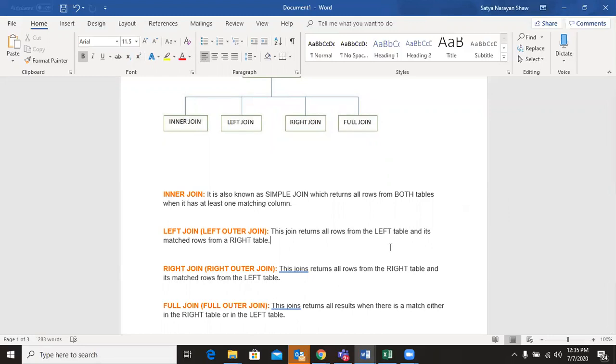Suppose the left table contains 7 observations and the right table contains 9 observations; my final output should give me 7 observations. And whatever fields we want to pick from the right table will be displayed. When I say 7 observations, they should be distinct. If anything gets repeated, the number of rows can increase, but if the rows are distinct, I'll get 7 observations. It will be much clearer when I show you the examples.